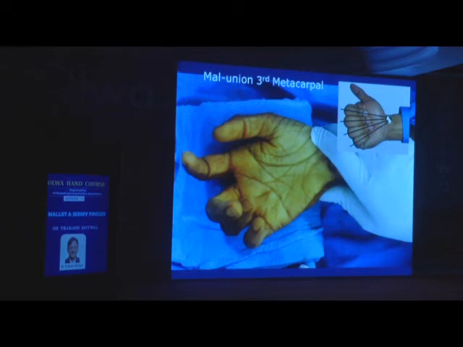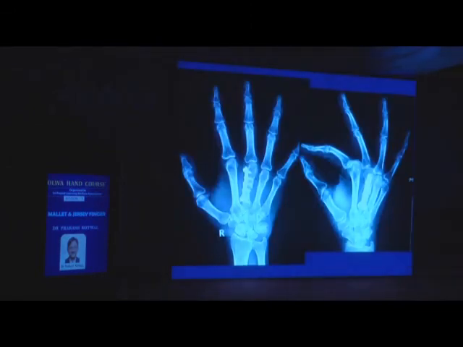That means there is a rotational malalignment, and this needs to be corrected. So go in again, do a corrective osteotomy, and try to fix it with a plate after correcting the rotation. So whenever you are treating or fixing any metacarpal fracture by whatever method of treatment, always on the operation table, if you are trying to do any K-wire fixation or anything, always try to flex and see whether there is scissoring of the fingers occurring or not. If there is no scissoring, that means you are not leaving behind any rotational malalignment.